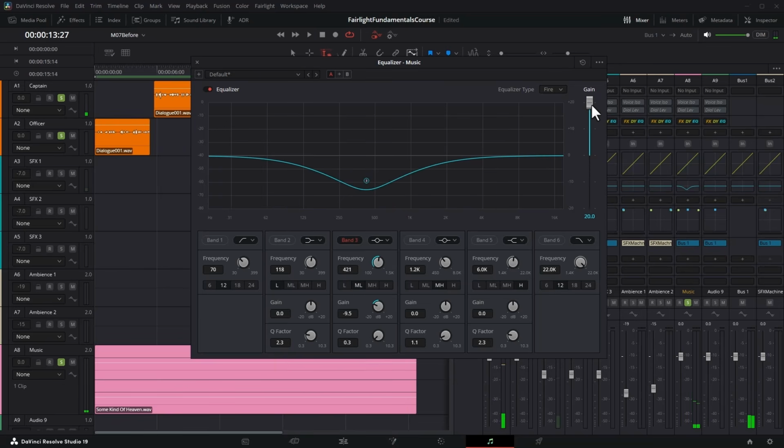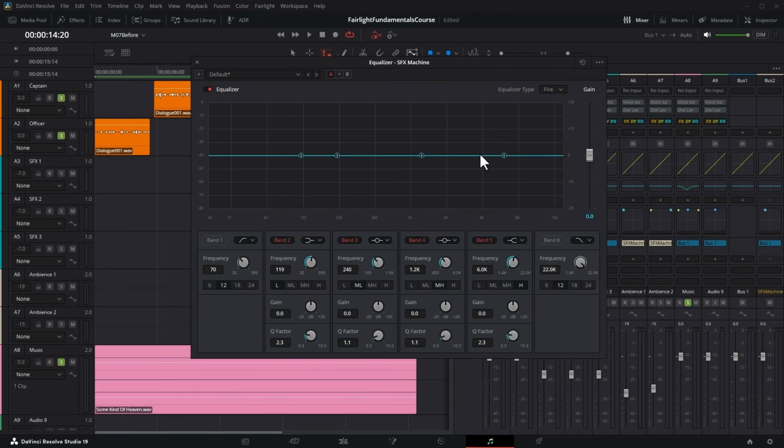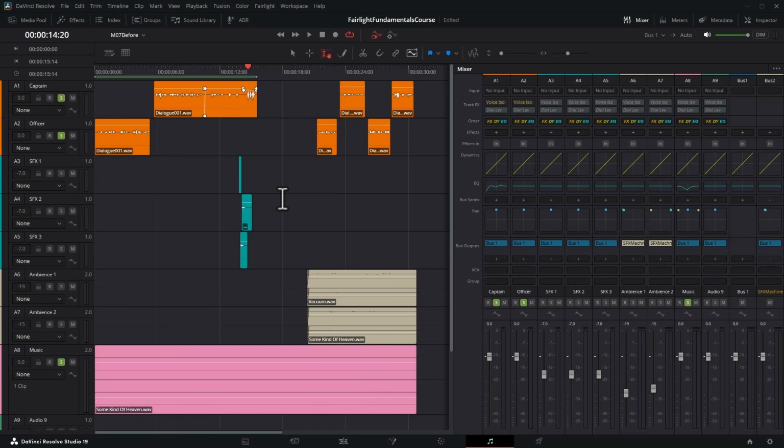And of course, remember to reset the EQ gain. You could go and do the same thing for the sound effects and also for the ambience tracks. In this case, we could use the ambience submix, but to save time, I'm not going to do that in this course. The next thing we're going to look at is dynamics, and we're going to use compression to further